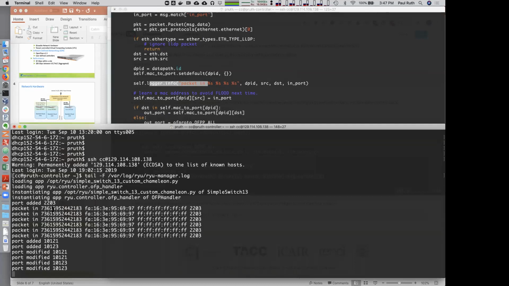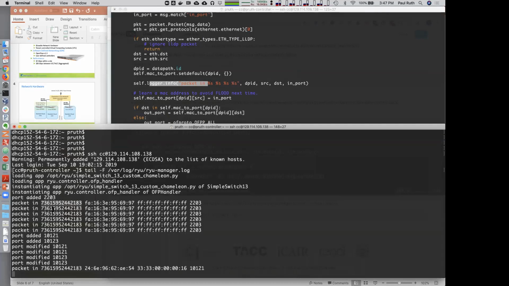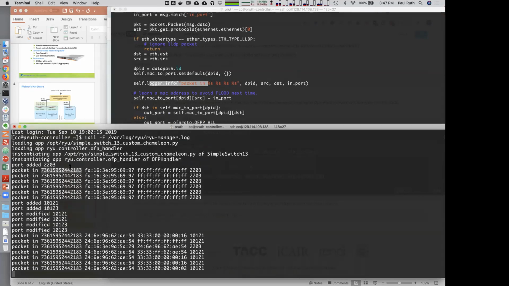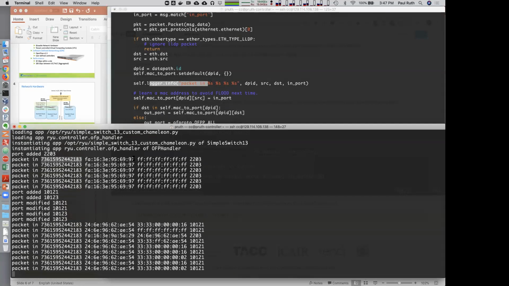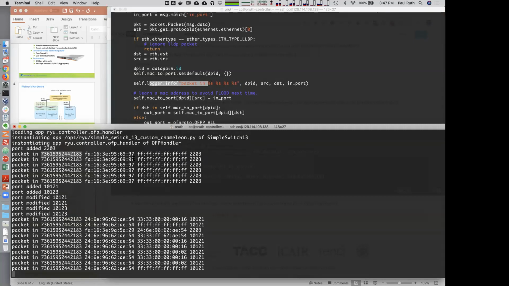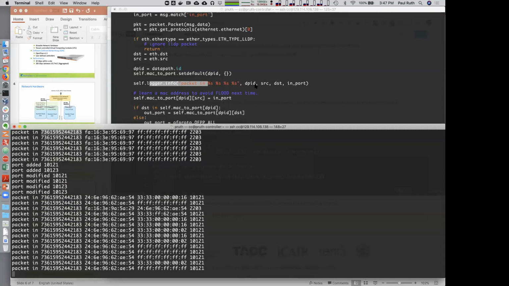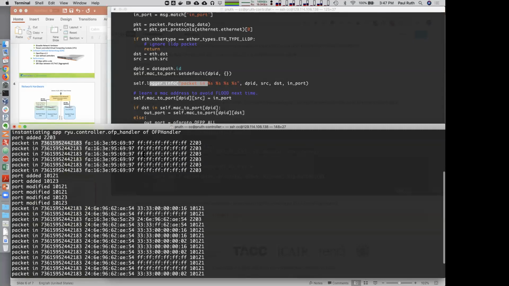This is the ID of the switch. This is the source MAC address. In this case, it's the router that we've set up that will route to the internet. The destination is FFFF, which is broadcast. So my guess is this is probably an ARP. So it's ARPing, and then it says the import, which came from 2203,